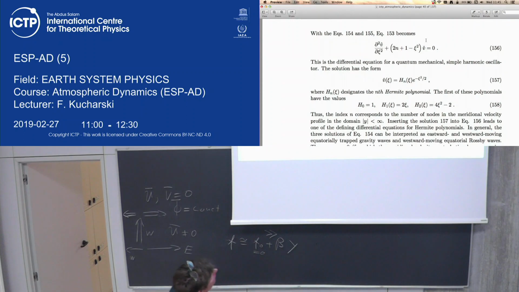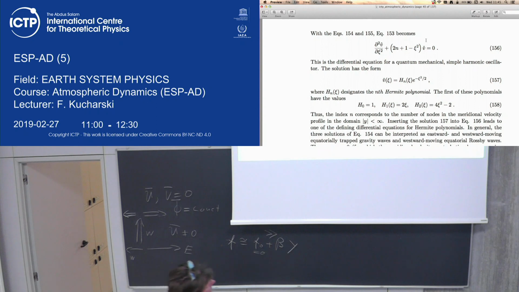Then you insert, or the 0 in that case, it's actually for 0. For 1, it turns out the solution of this becomes, if this Hermite polynomial is 2 times psi, and so on. So these correspond, then, this n corresponds to the nodes we have in our meridional domain, essentially. So the first one is just the Gaussian distribution, something that is maximum at the equator and then decays away. The higher ones, for example this one, has a node on the equator itself, then grows and decays again,